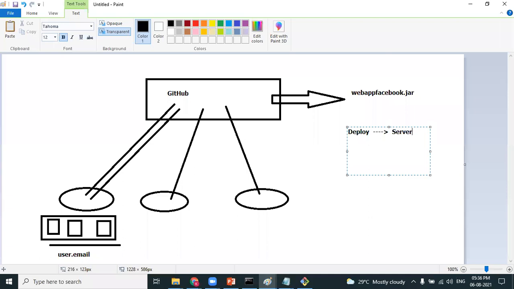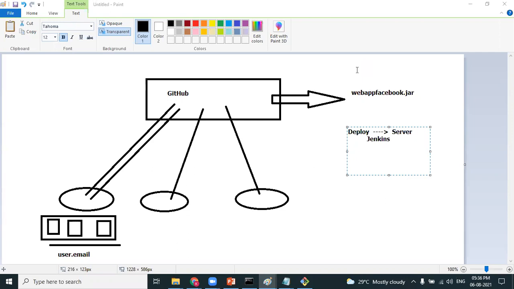This deployment of the artifact into web servers or application servers can be done by using a tool called Jenkins. Look at the series of steps we are learning. As a DevOps engineer, you should have a complete, thorough visualization of the source, build, and release steps. We have built the artifact.